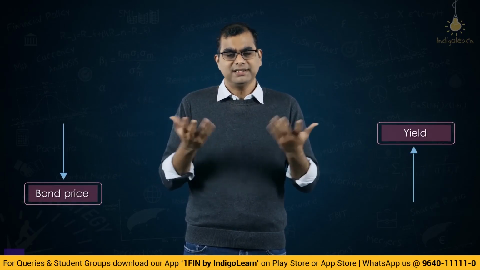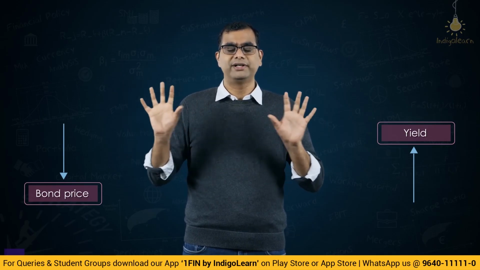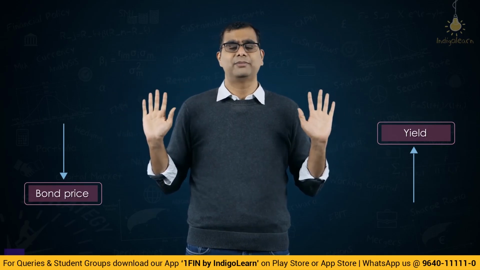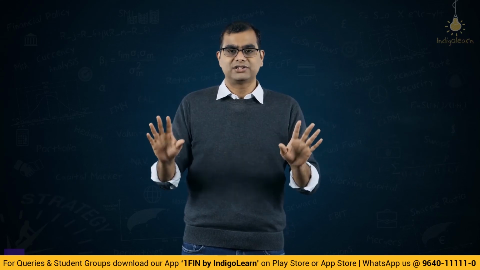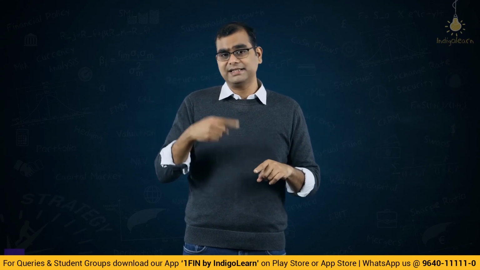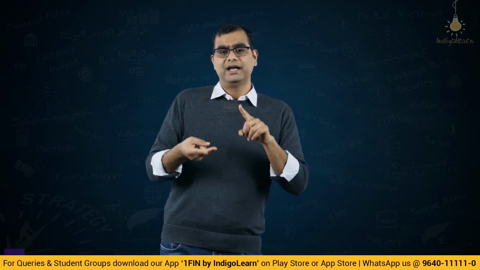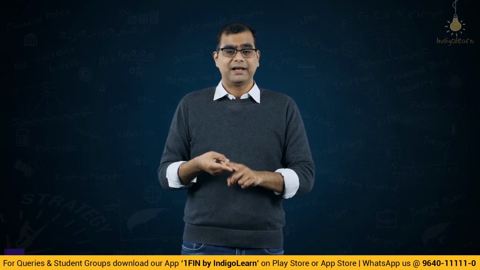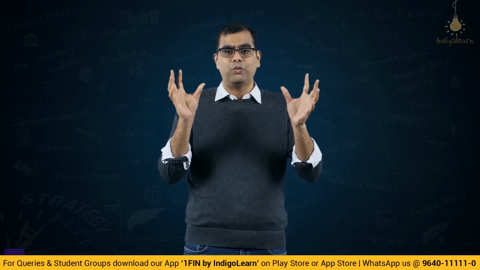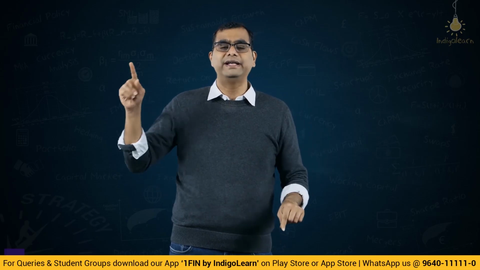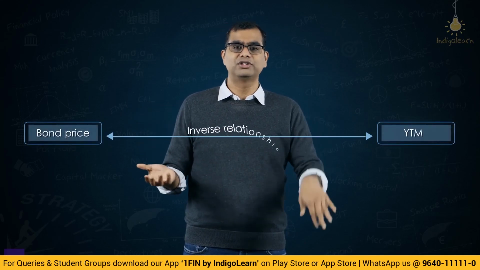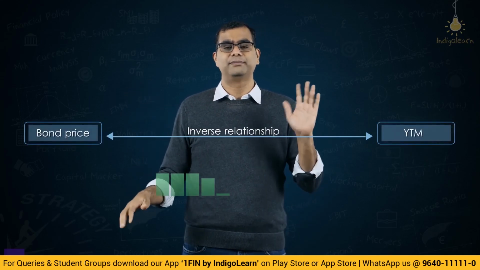Okay. Yield is IRR, correct? So, this is the fundamental relation that you have to understand before we do anything else in this topic. We've been discussing the same thing from the first example, the fixed deposit, then this company and all of that. But in the fixed deposit, I was telling you why things are happening and how the price is changing. In this example, I have told you the concept of what YTM is, and I am telling you the relationship between YTM and the price. So, whenever someone asks what the relationship between YTM and price is, it is inverse. If one goes up, the other goes down. If one goes down, the other goes up. Okay, this is the fundamental thing that you have to understand.